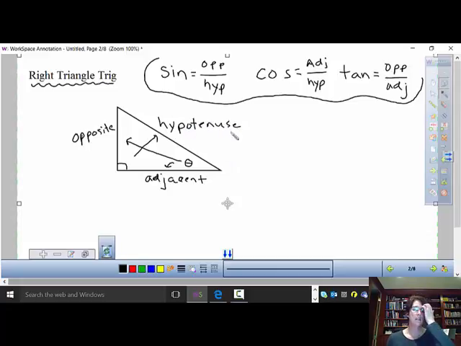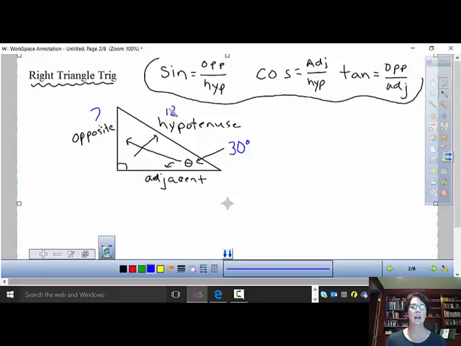And in order to solve these three equations, you just put the angle in with a function and then make a ratio: opposite over hypotenuse for sine, adjacent over hypotenuse for cosine, and opposite over adjacent for tangent. So let's say this angle right in here was maybe 30 degrees, and I wanted to know how big the opposite side was, and I knew that the hypotenuse was